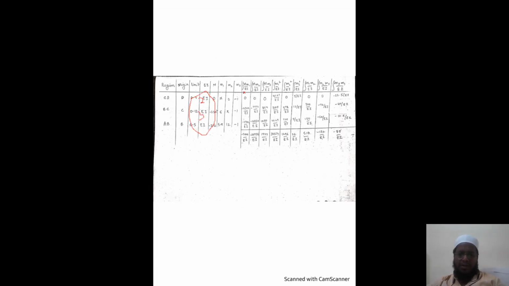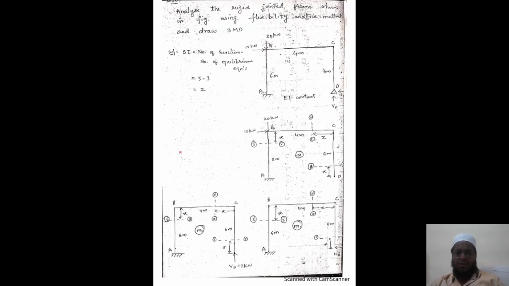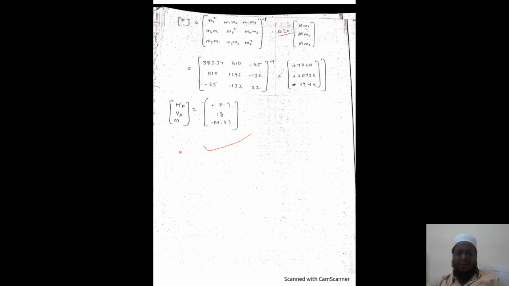And even along the sections, since the EI will go in the denominator, once you do the inverse of a matrix, it will go in the numerator, and this M1, the delta L values will become the denominator. So what happens here? In numerator and denominator, EI will get cancelled. So finally we'll get the constant values, that is minus 8.918 and minus 14.89. All right. So this is how we calculate our unknown forces or unknown reactions using flexibility matrix method.